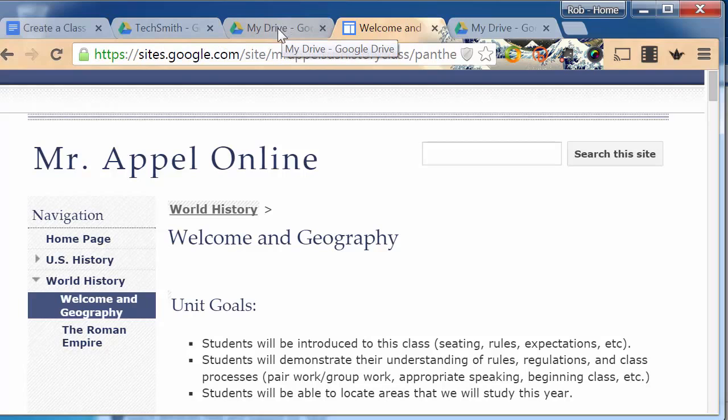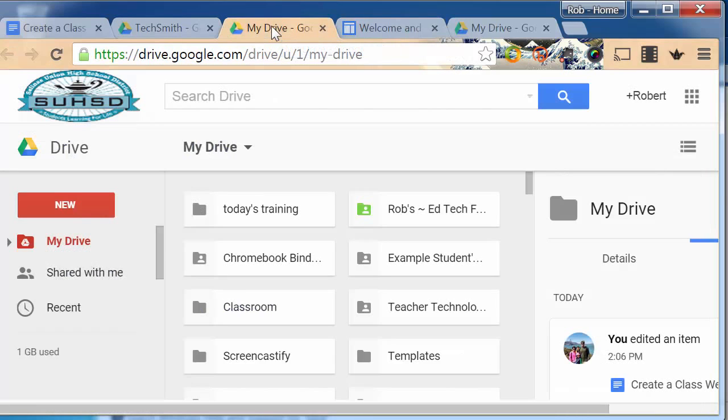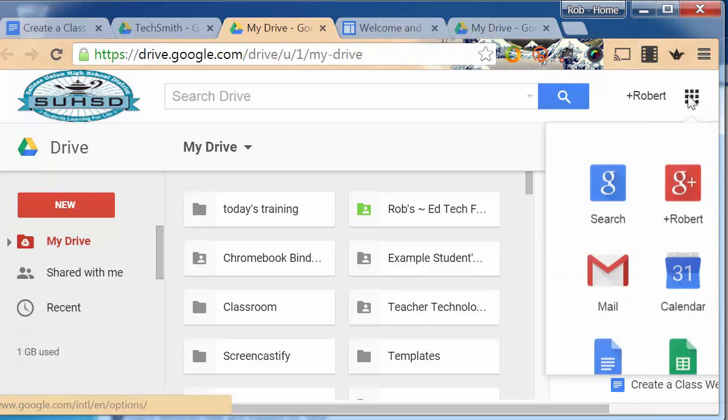And the way you get started with that is you can go there from your drive, or anywhere you see this waffle pattern. And I'm scrolling over this waffle pattern now. And within that waffle pattern, if you click on it, you will have